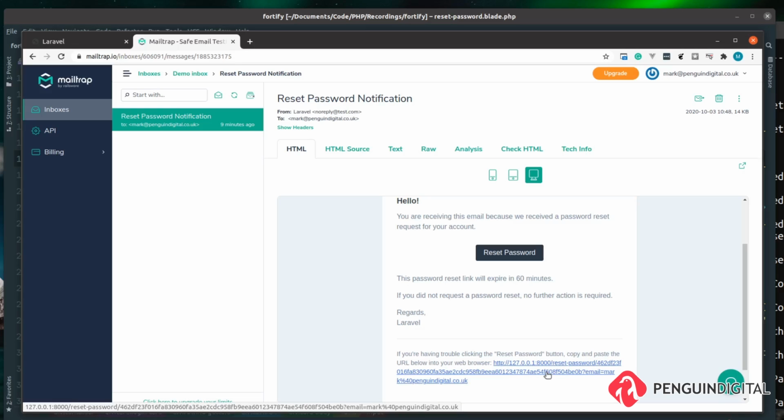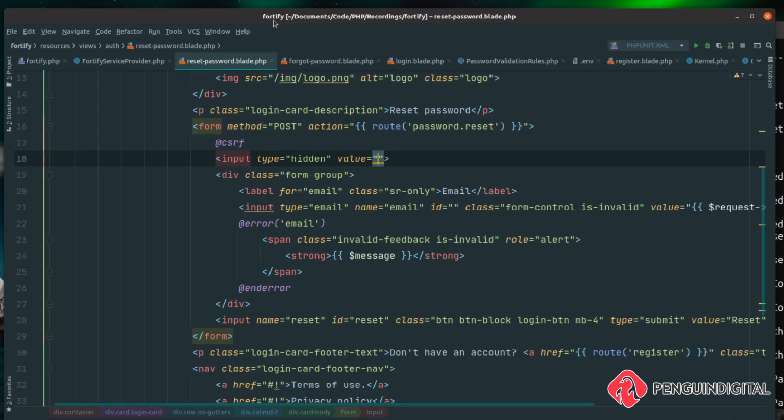So we need to access the URL or the route to get that token out. And we can get this out of the request object that we passed down. So in value, we're just going to go into that request object again, like we did for email. But this time we're going to go to the route method, and we're going to get out of the route the token. And in case you're wondering how it knows what the name is here, it's because it's defined within